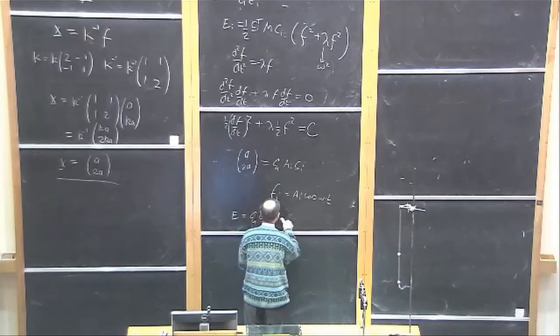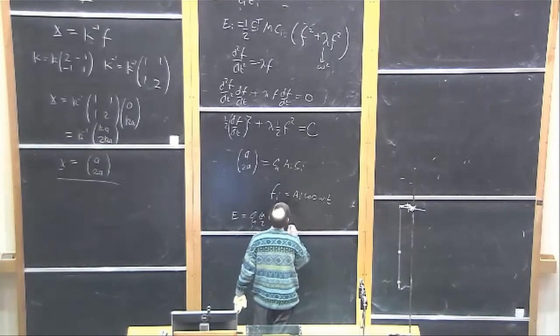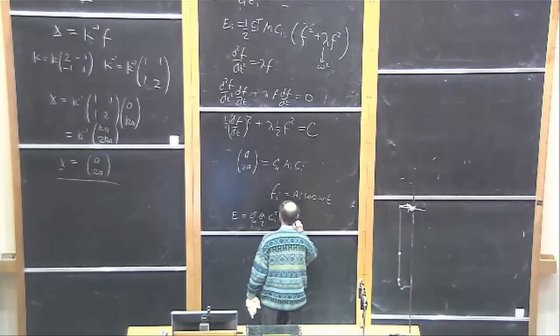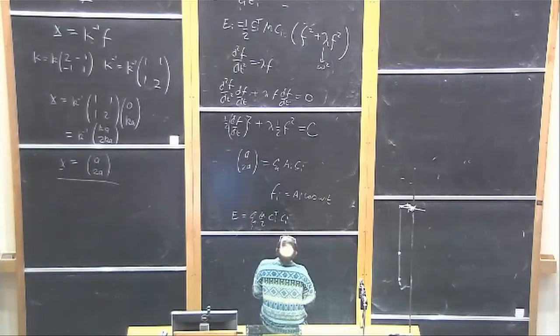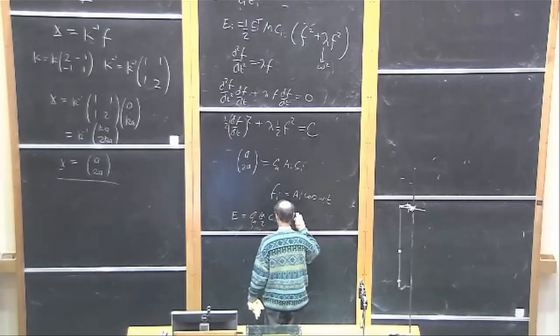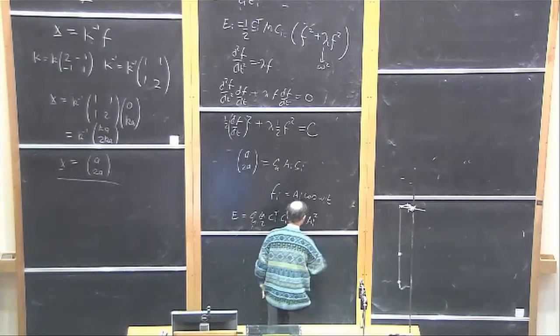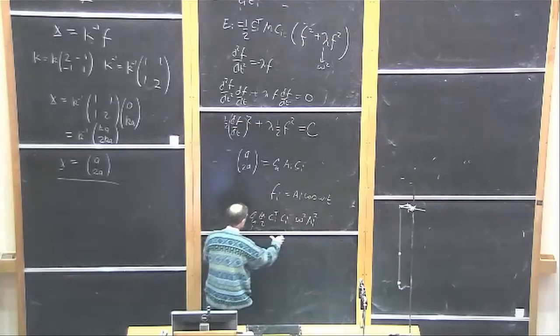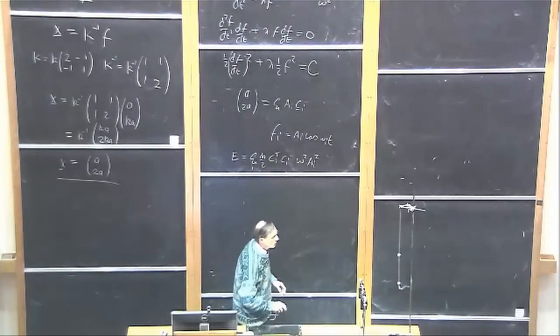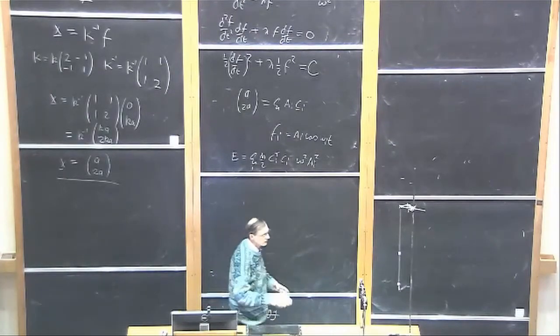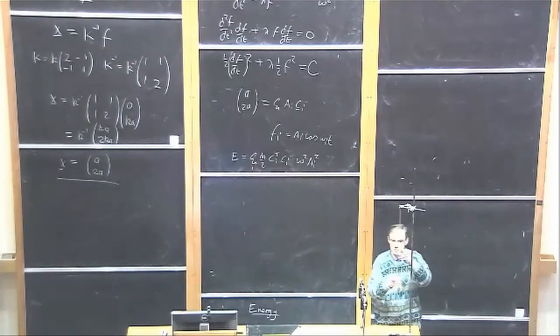M Ci transpose Ci times omega squared Ai squared. So that's the expression for the modal energies, and that will work through to give you the answer. And in fact, one of the eigenvectors for this system is 1 and